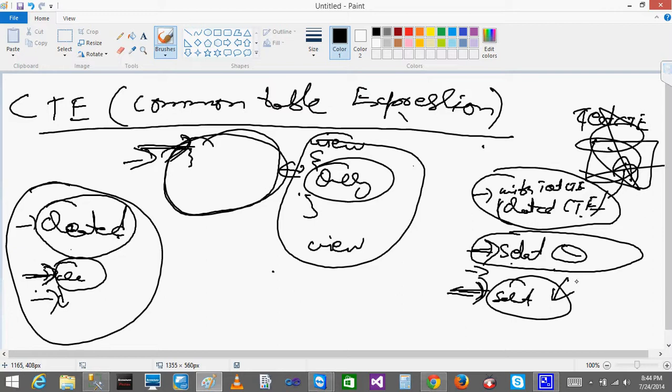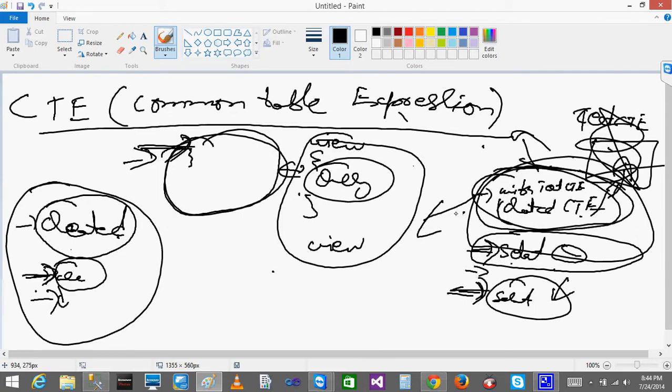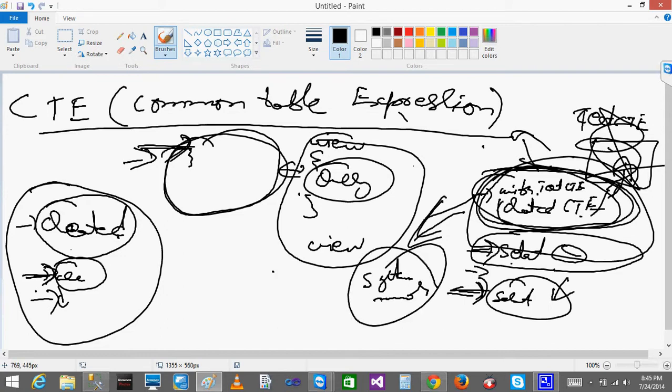So a CTE is faster because it uses the space only for that purpose. Once it is used, automatically it will be erased. So the basic use of a CTE is that it is not stored in a table, and at the same time it is faster, because the CTE uses your system memory to store the data. Because of that, it is faster to process all your data.